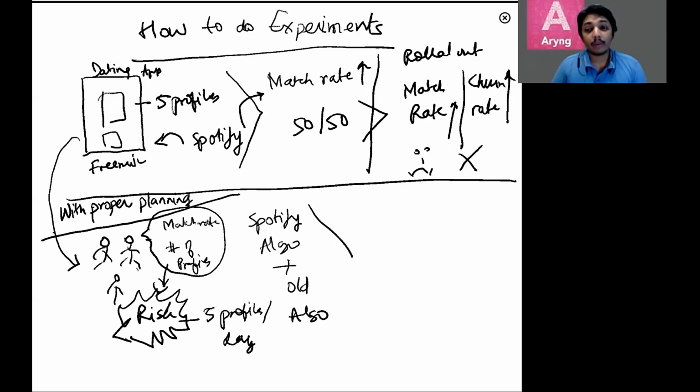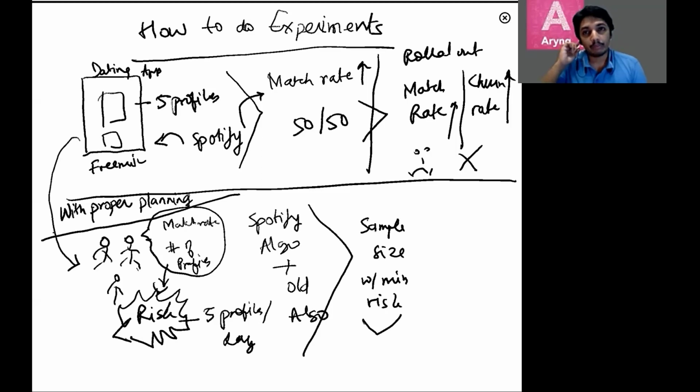So this particular experiment is launched after careful planning and deliberation. And the analyst within the team is able to help the product manager minimize the risk associated with the experiment. Proper sample size calculation is carried out so that the smallest of changes with match rate can be observed with the smallest sample size possible. And once the experiment is launched with a 95-5 split instead of a 50-50 as we observed in the case earlier,